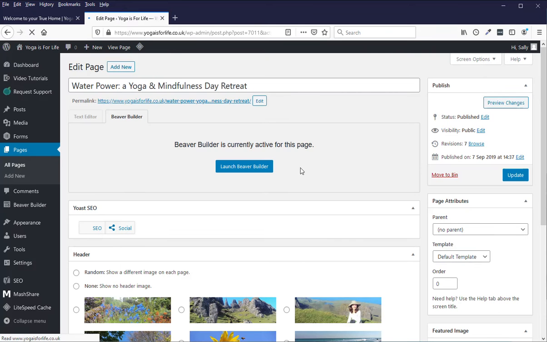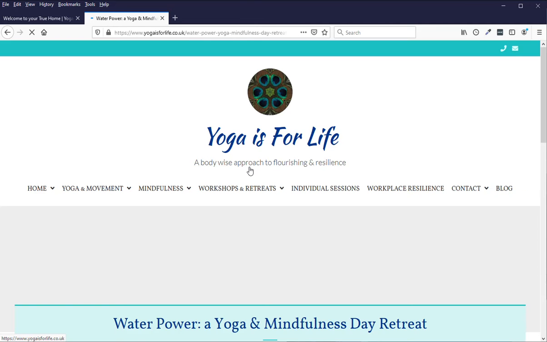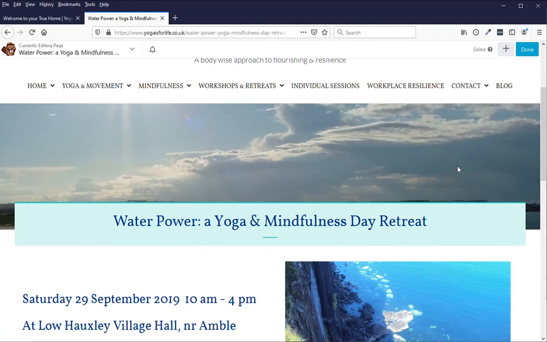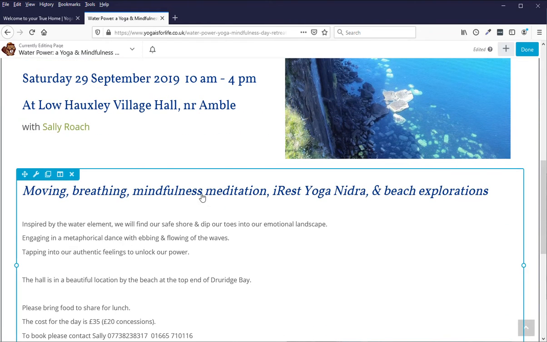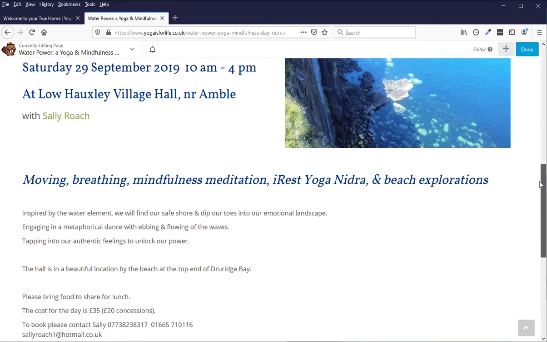Okay, it will take you straight to the builder page, or if it takes you here, then you just click on Launch Beaver Builder. Okay, and when you go down now, you can see you have access to different sections as you hover over them. Now what I want to do is add 4 images into this page,